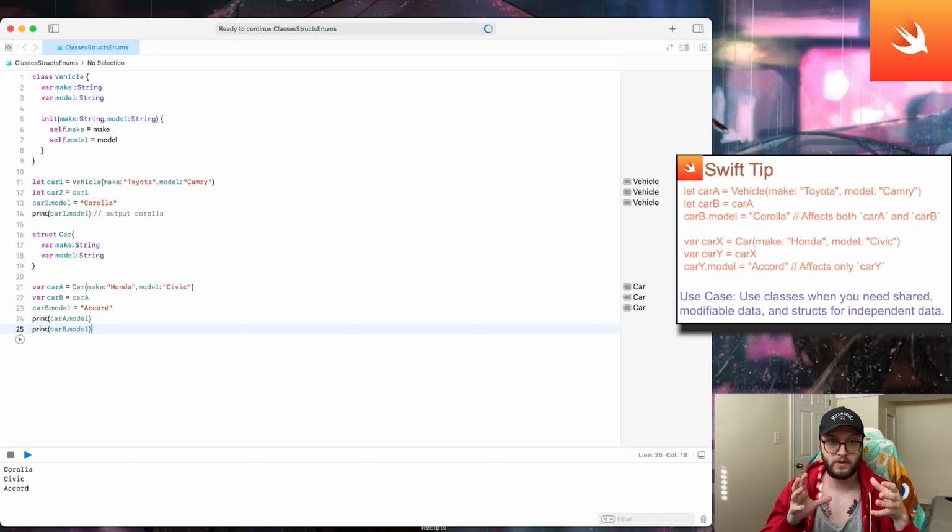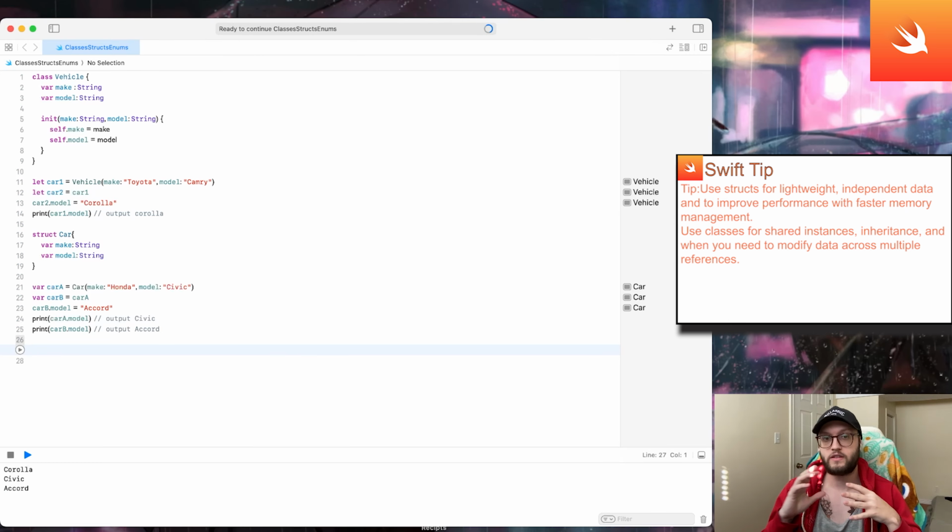So when should you use a class versus when should you use a struct? This is something that I get asked all the time. As a general rule of thumb, use structs when you need independent copies of data and want better memory management. Use classes when you want shared